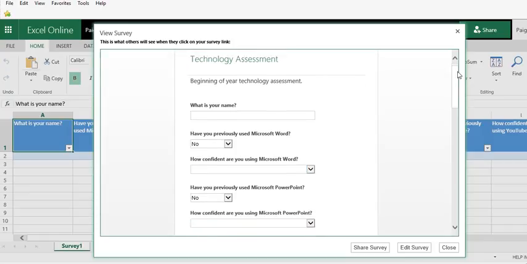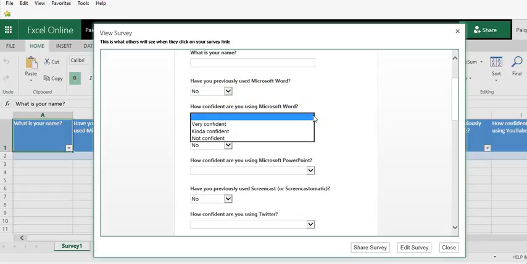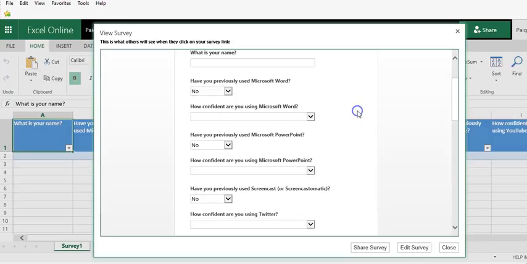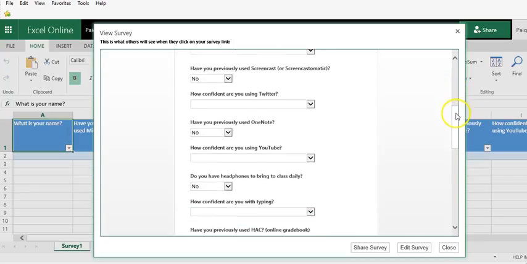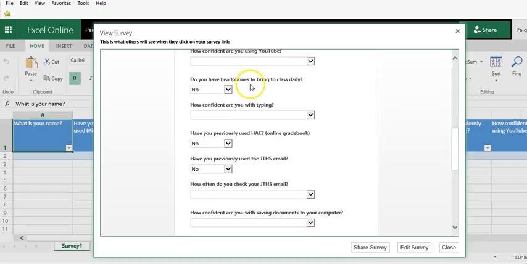their technology. So my questions are focused on, have you previously used the said program? It'd be yes or no. And then how confident are you? And their 3 choices are very confident, kinda confident, or not confident. So I have Microsoft Word, Microsoft PowerPoint, Screencast, Twitter, OneNote, YouTube, if they have access to headphones, where they